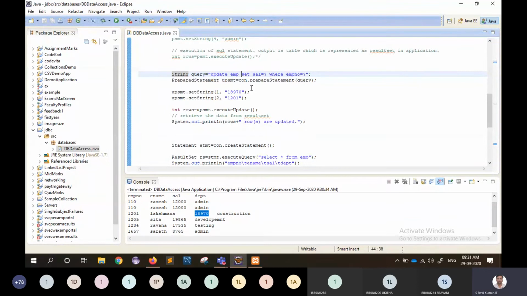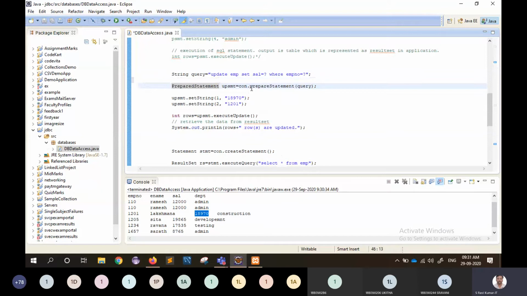That is a delete statement, and you can also use a create statement, create table name with columns and data types, then the table will be created. As usual procedure, use a prepared statement. Step one, create the query statement, then create a prepared statement object by passing the query, then set the values into the question marks, and then use the execute method.